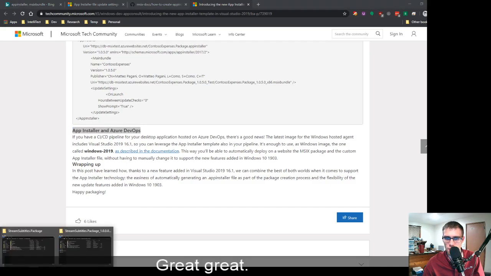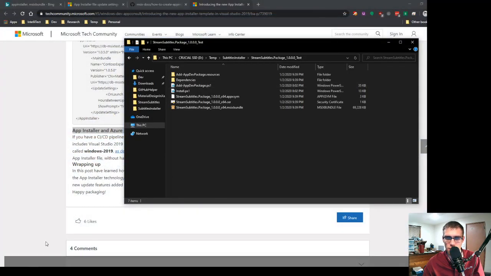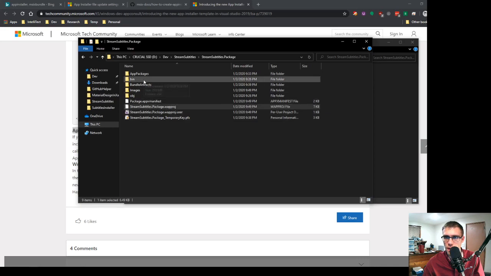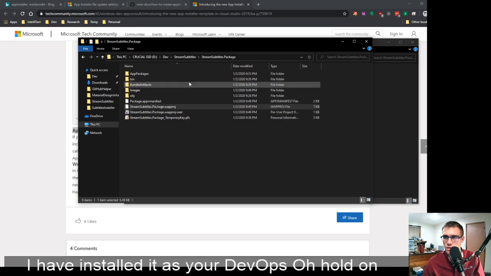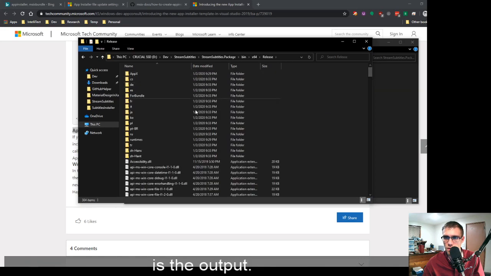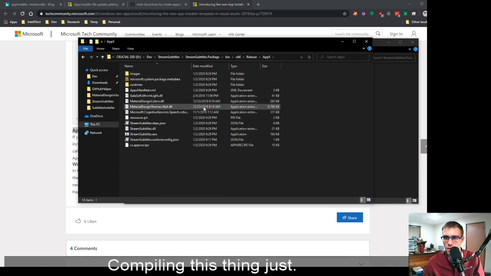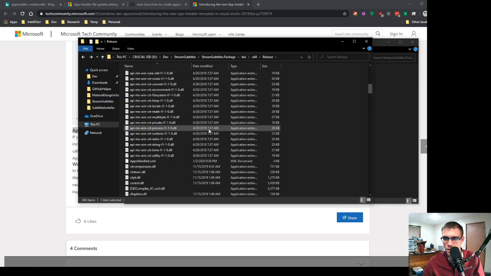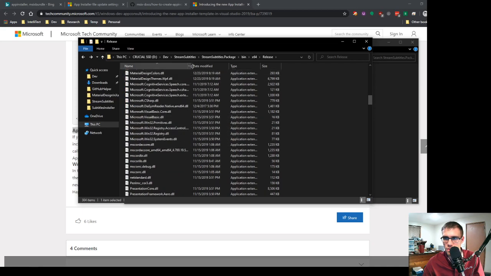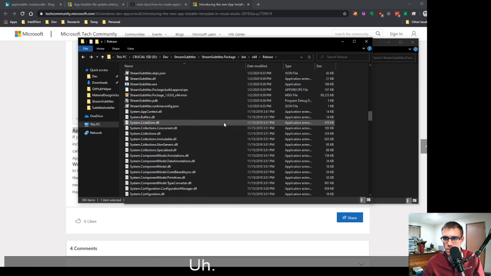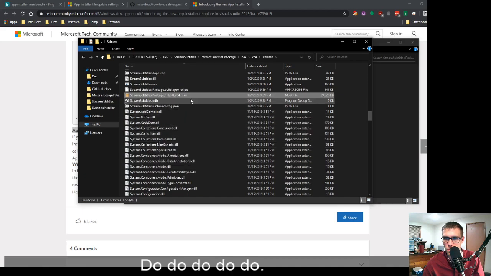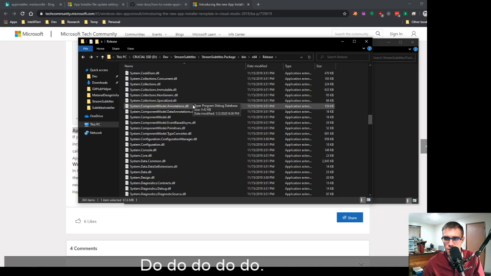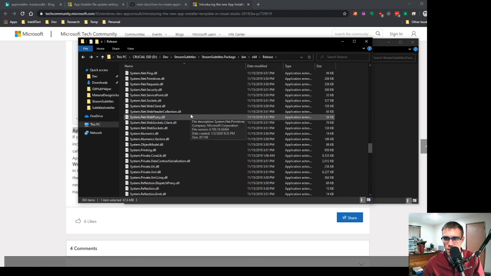App installer in Azure DevOps. So hold on, is the output of compiling this thing just... So there's an MSIX,